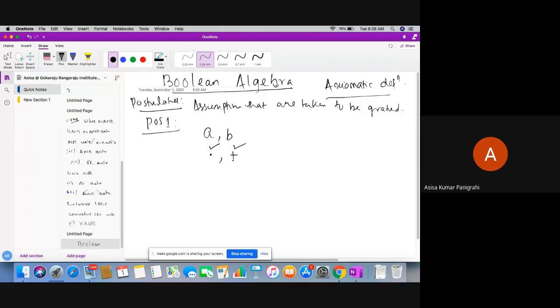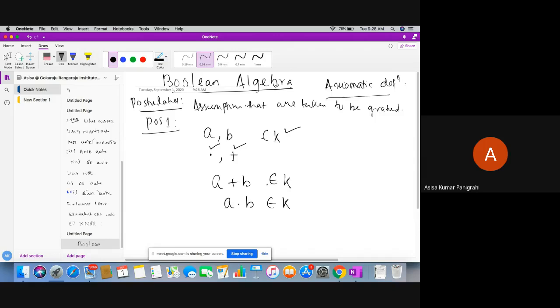For every a comma b belonging to set K, a or b also belongs to K, and a and b also belongs to K.